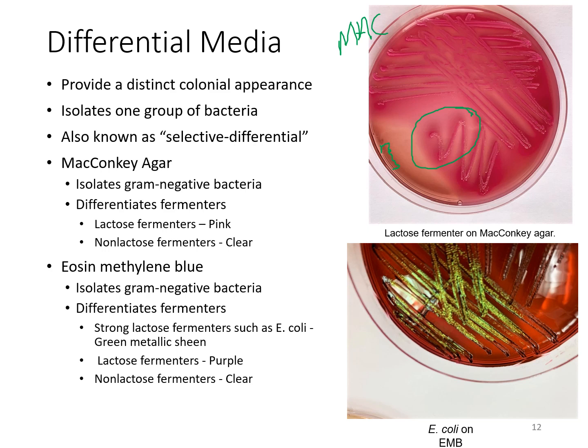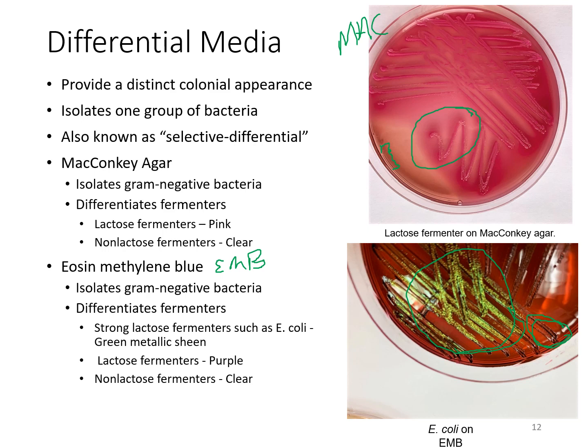EMB agar, so this agar has some particular dyes and things in it that will help to isolate that gram-negative bacteria. And then again, it's going to differentiate some of the organisms that can ferment the particular lactose versus ones that cannot ferment. So if the organism is a strong lactose fermenter, then it will actually produce this metallic sheen that you see here. It's really pretty. If you rotate and tilt the plate when you're looking at it, you can see that metallic sheen. Otherwise, if it just ferments lactose, it will be more this darker purple color here. So both of these will indicate that